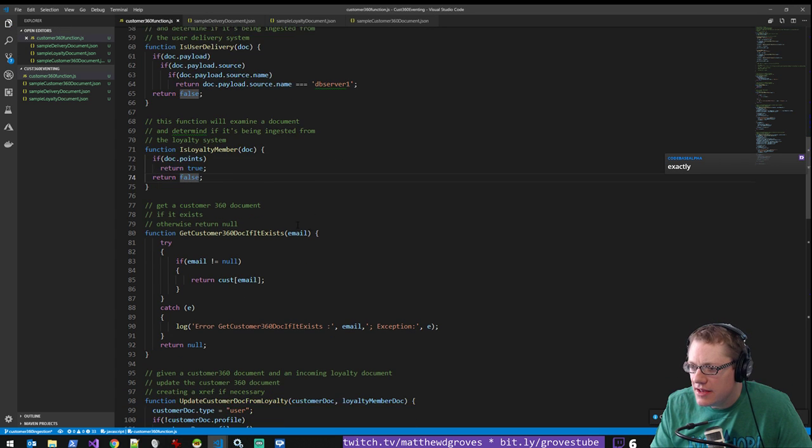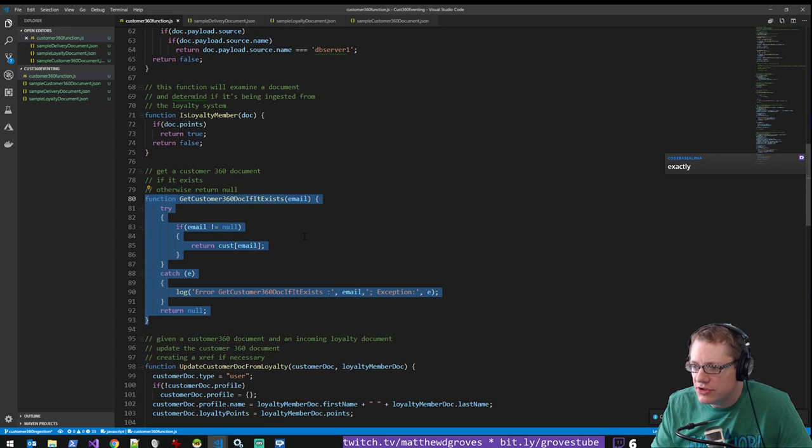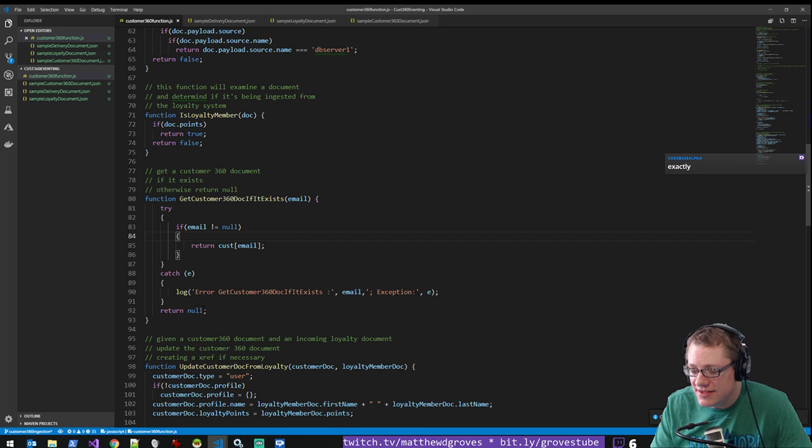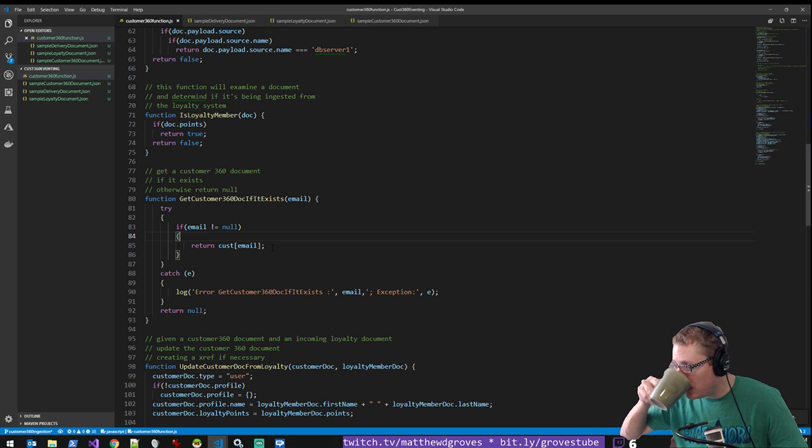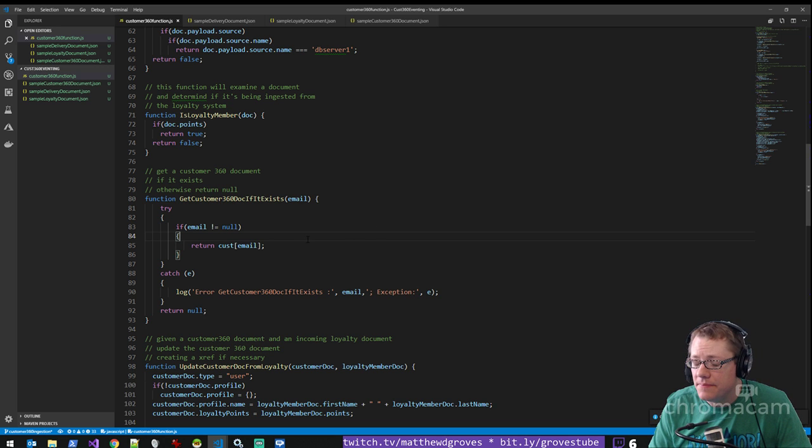So that's that. This is the function to check to see if a document exists. And this is kind of messy, unfortunately. The way it works right now in Couchbase 6 is kind of messy. This is going to be improved in the next version. But in JavaScript, when you have a dictionary like this, if you try to look up by key and it doesn't exist, it's going to typically return undefined. However, this is not, right now anyway,